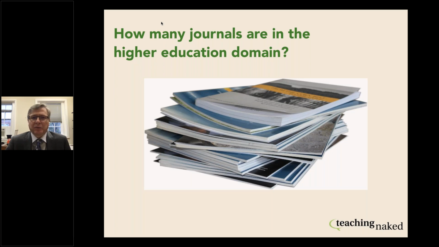What's really interesting about the higher education space within the broader set of peer-reviewed journals is there's over 700 journals within this higher education teaching and learning domain, maybe some higher education administration thrown in there as well. And the truth is you can probably find an argument for and against almost every teaching and learning strategy we've ever tried in the peer-reviewed journal. So you really have to be careful and look for triangulation across multiple studies or look at large-scale studies to make sure that we know exactly with certainty how students learn.